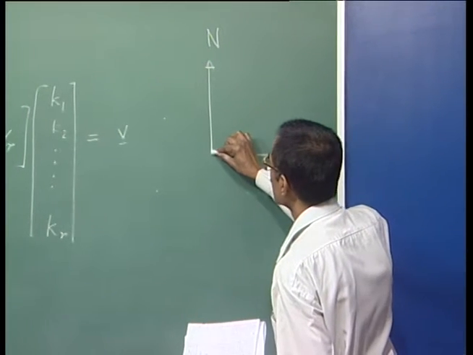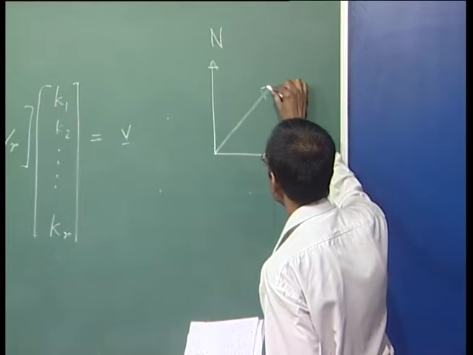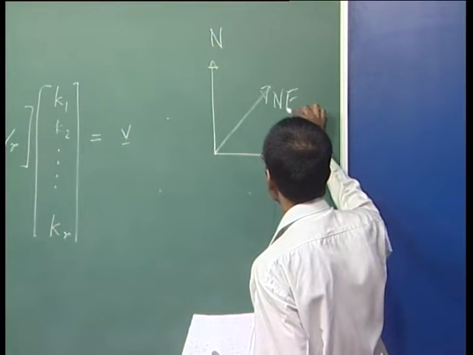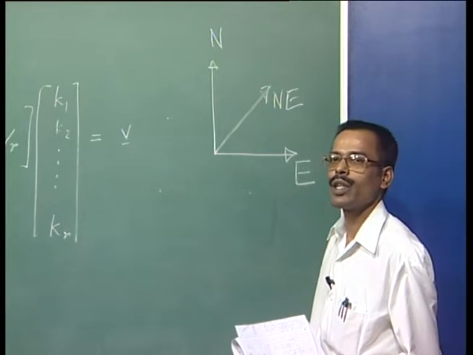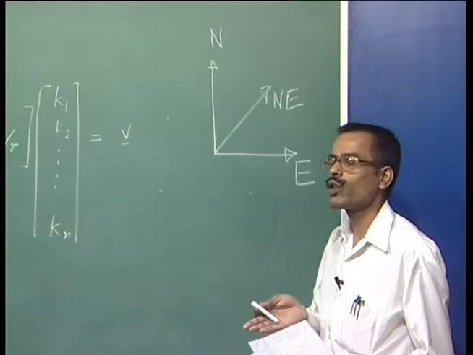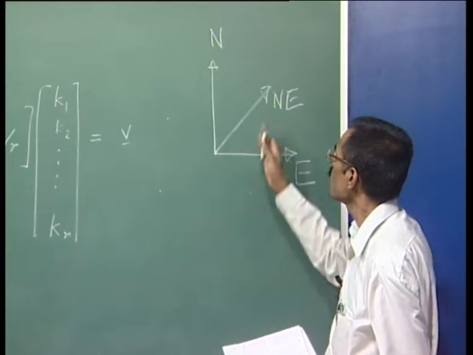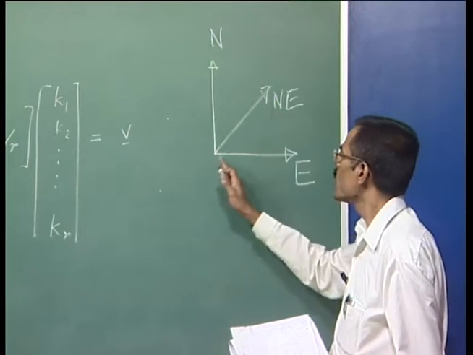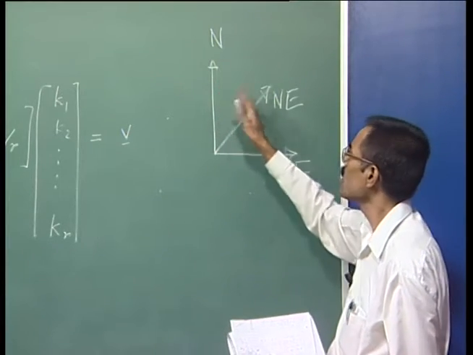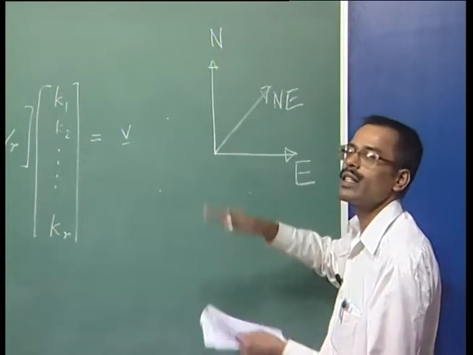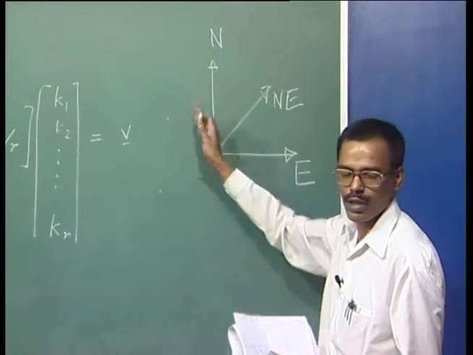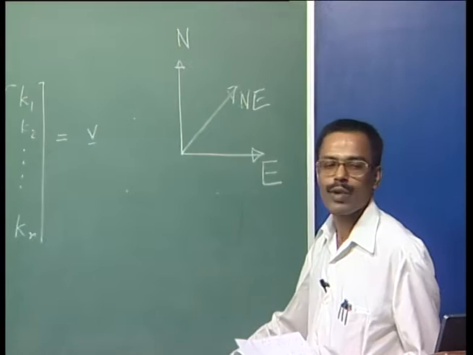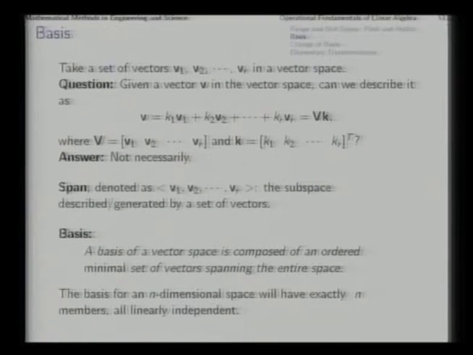Then suppose we try this direction, northeast, and it does not help. It does not help us to go upward. By going northeast, we do not go upward. By going northeast, we go a little east and a little north. That means this direction of northeast is actually linearly dependent on east and north. So it is not needed, and we will look for a minimal set. So the direction of northeast is not needed.